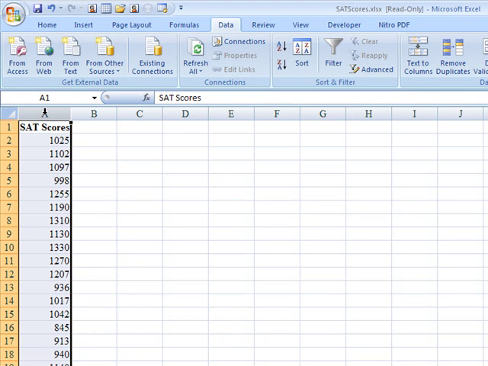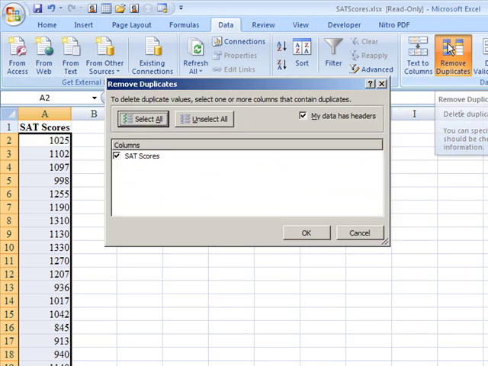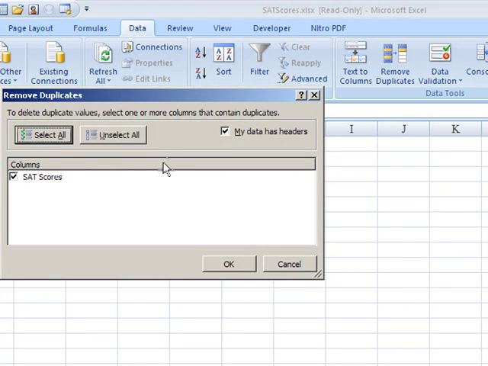So in this case, I'm choosing column A. I then go to Data, as we just said. We go to Remove Duplicates. Click on that, and it says to delete the duplicate values, select one or more of the columns. We just have one column, so we will say OK,